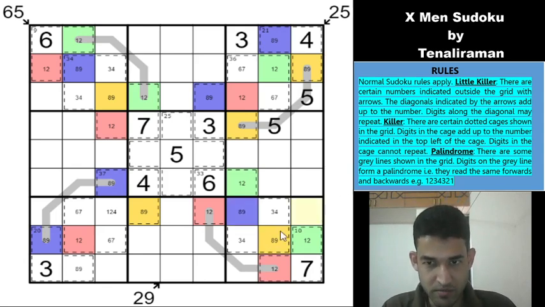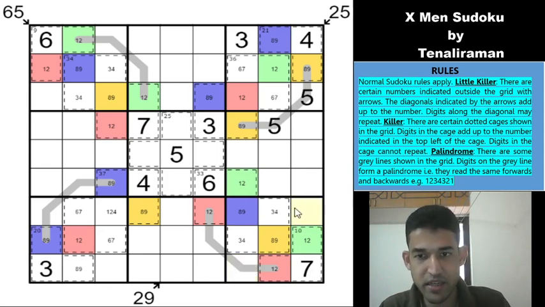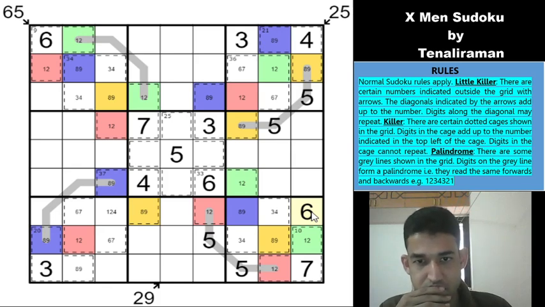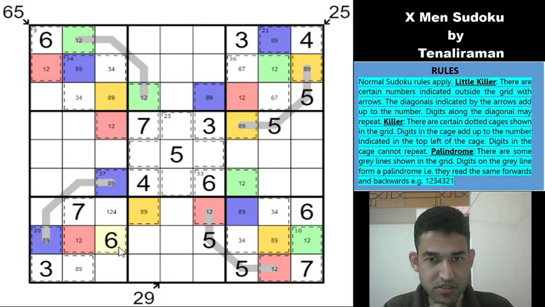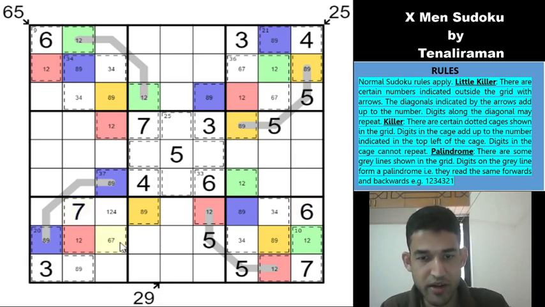And we can pencil mark the remaining digits inside the cages. So these will be 5, 6, right? And this is a palindrome, so this will also be 5, 6. You have a 6 here. So this is 5, this is 5, and this is a 6. And this 6 here gives us 7, and a 6 here resolves the 6, 7 pair, right? There was a 6, 7 here. So which means that would be a 7 and a 6.